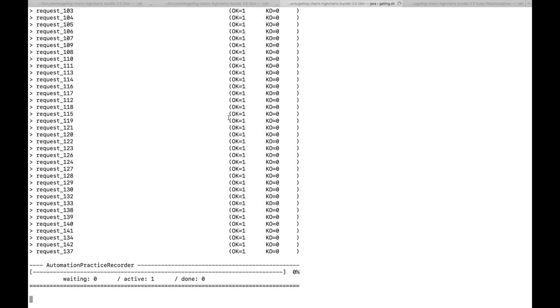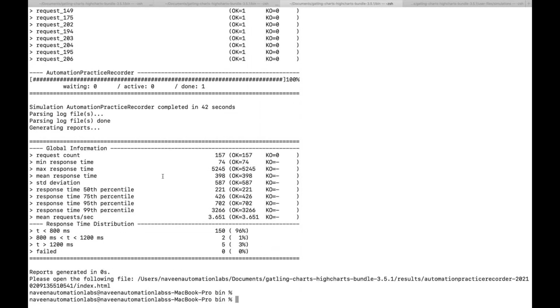I'll give you one more advanced example also, but let it generate the test result, the HTML test result. It's a long script because we have reached up to add to cart. It will not launch the browser, guys. Remember this thing. And you can see that it is giving you a final report.